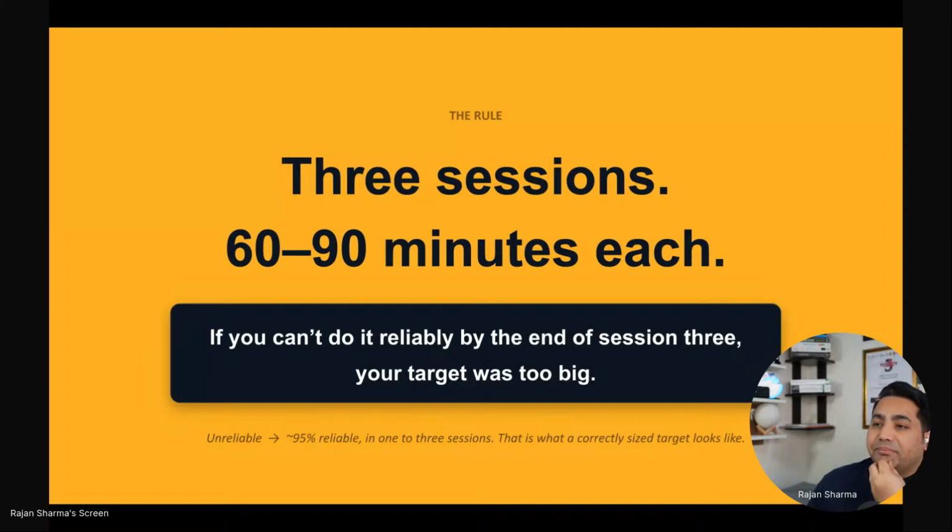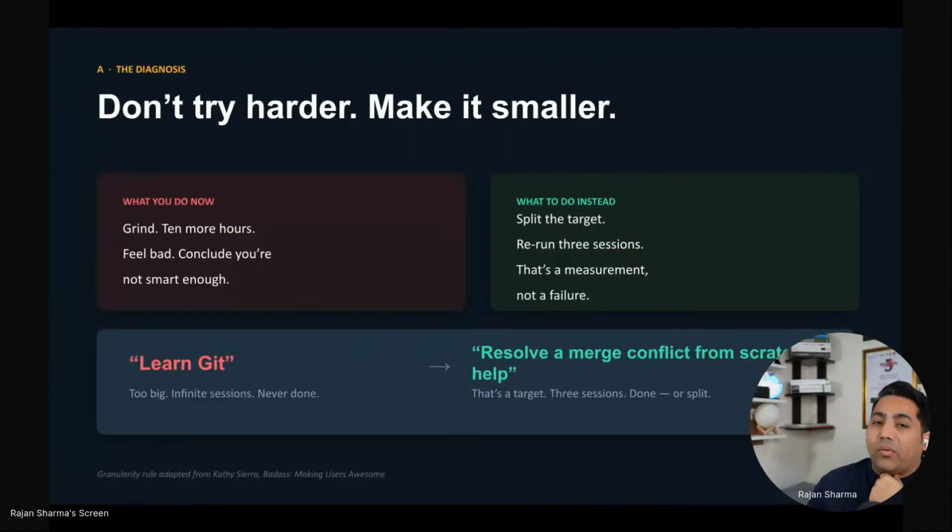When Kathy did his research, he said that within 90 minutes you become reachable and reliable. What Kathy is trying to help us with is what is missing: that we should simplify. And the simplification is not by trying harder, it's by making it smaller. We try to digest a big chunk of our work at the same time. Instead of this, how can we split it well and get it done?